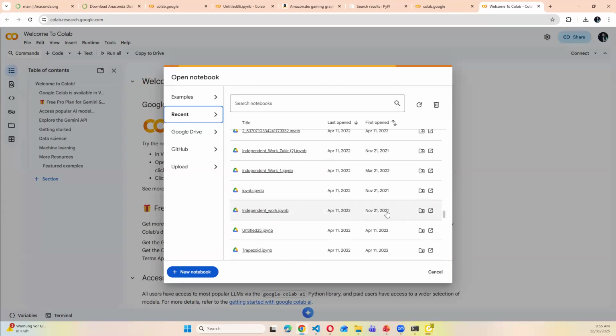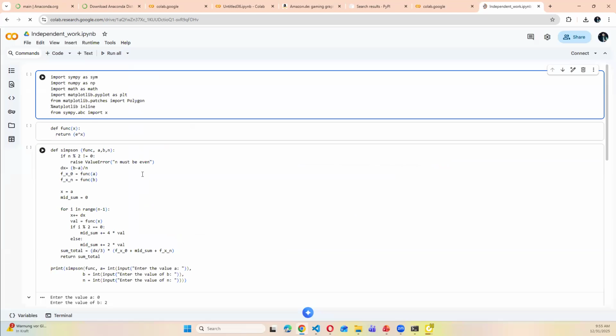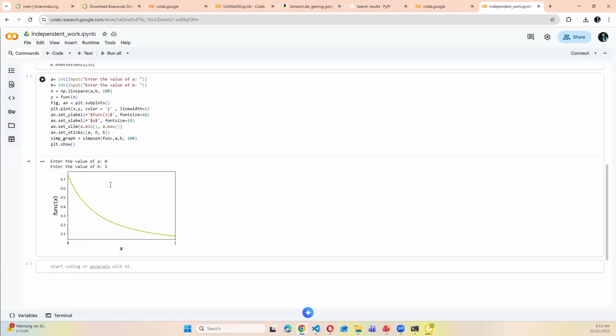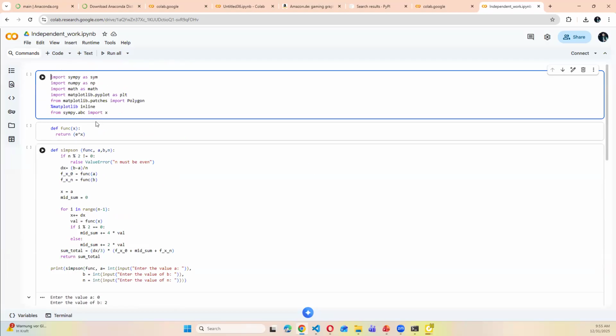This work I did on November 21, 2021. If I open this one, it will work perfectly. This is the graph from that time. And then you don't need installation, you just use import or something.